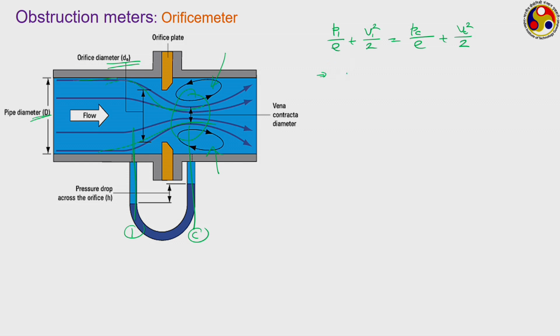Accordingly, Vc square minus V1 square is equal to 2 upon rho into P1 minus Pc,